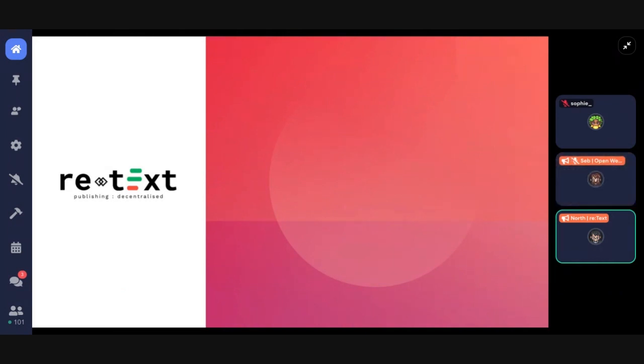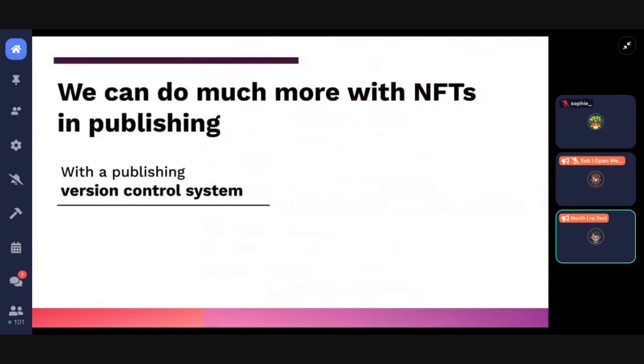Hi, I'm North, and today I want to talk to you about how retext will revolutionize the self-publishing industry. Many Web 3.0 publishing solutions utilize NFTs to monetize written content, but they do so in a limited way, as they only support buying, selling, or transferring of stories. But self-publishing can be a lot more than that. What if authors want to have someone translate their content? Or what if they want to earn royalties from fan fictions on the original characters?